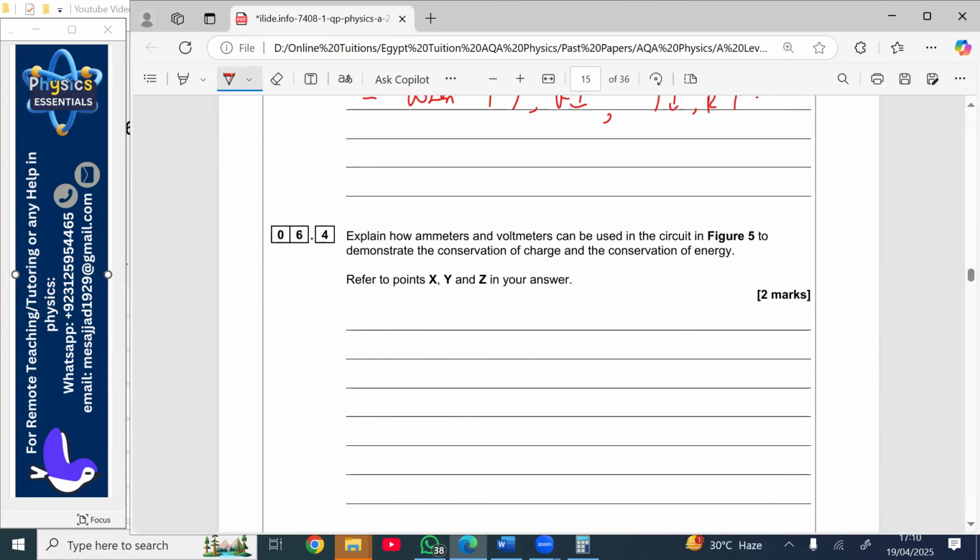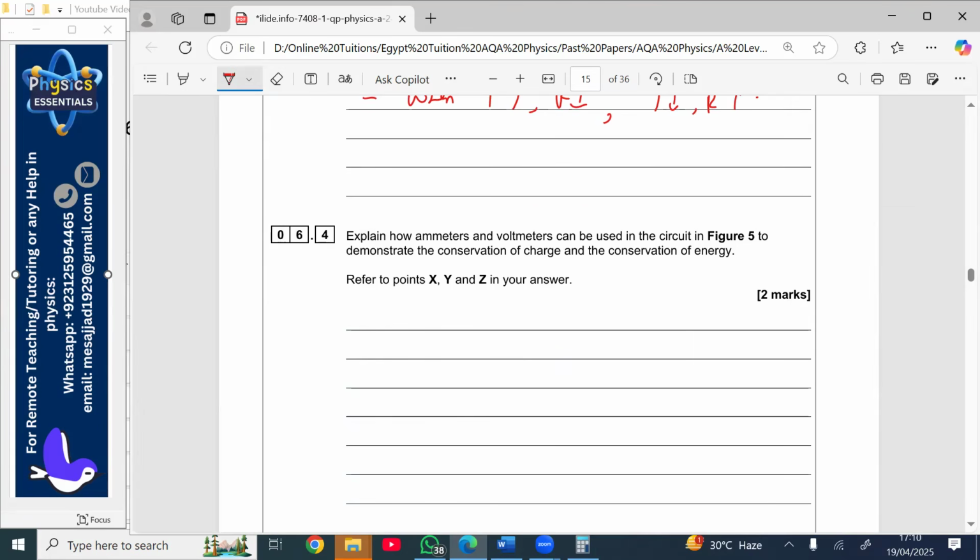And usually when it is not mentioned what kind of thermistor it is, it is very much understood that it is a negative coefficient thermistor. If not mentioned, you must assume it as a negative temperature coefficient thermistor, which means temperature goes up, resistance comes down. 6.4. Explain how ammeters and voltmeters can be used in the circuit in figure 5 to demonstrate